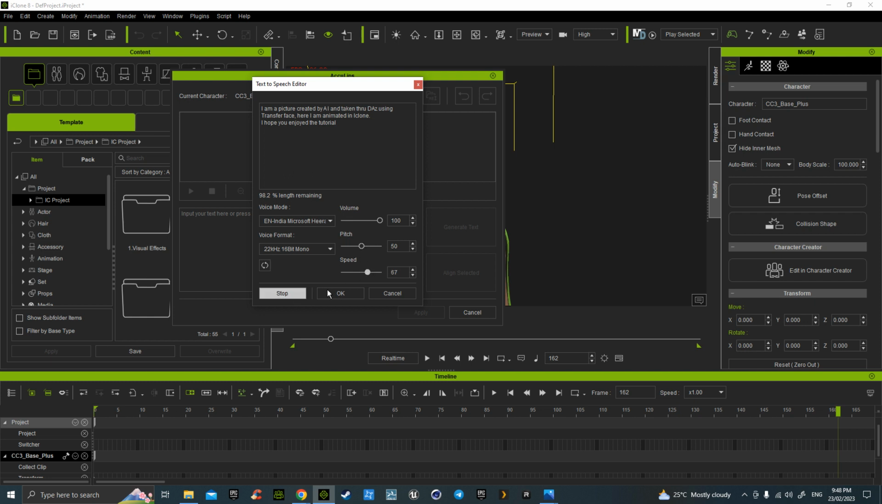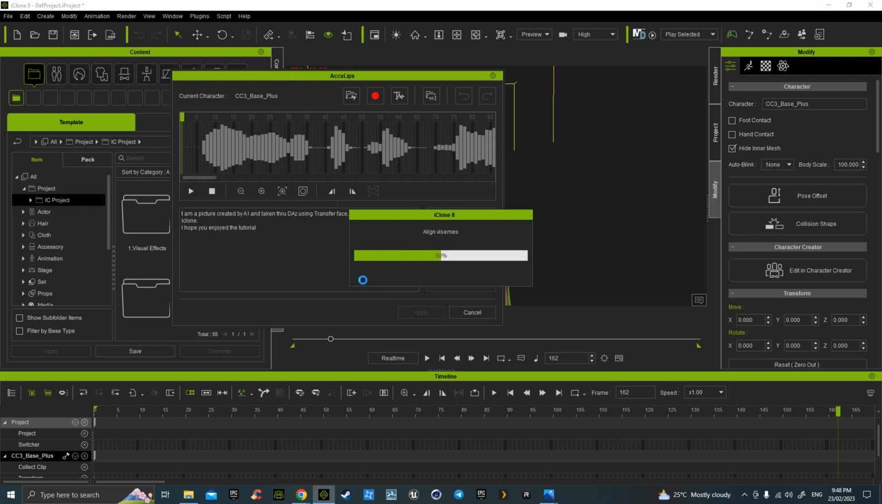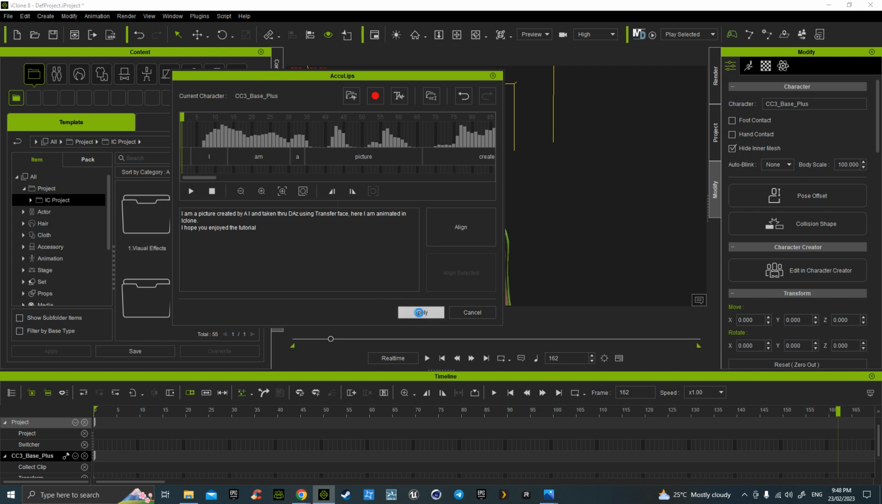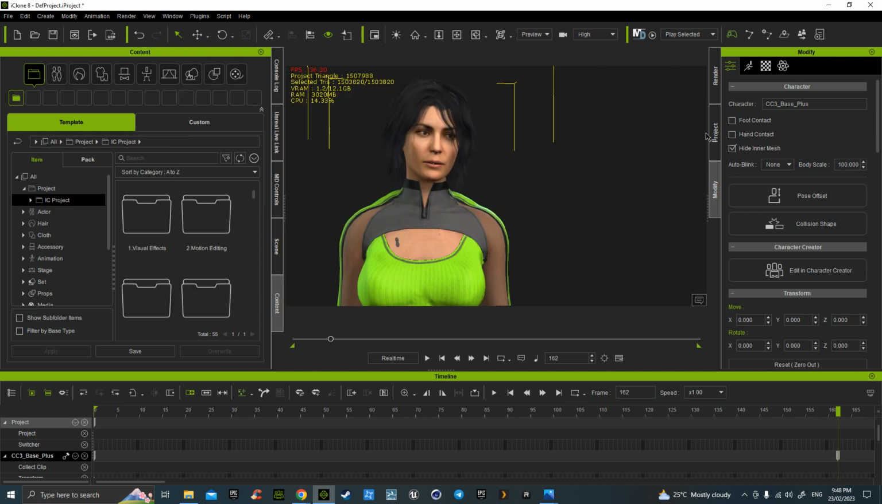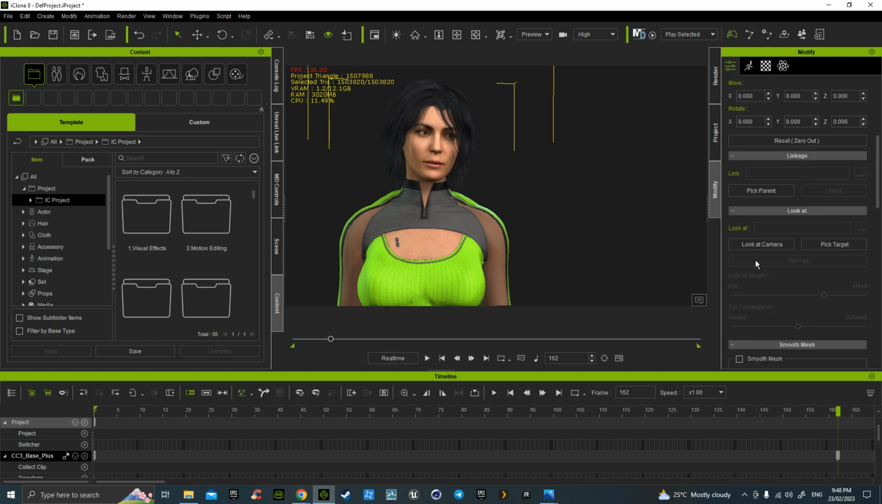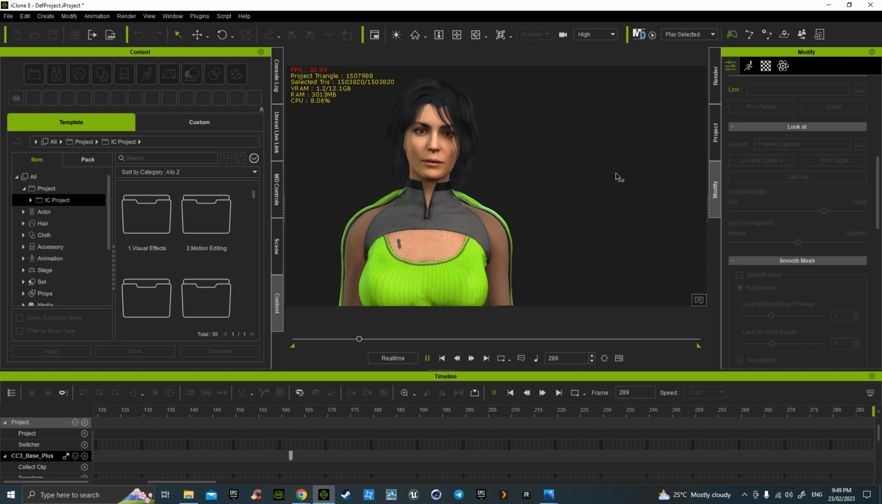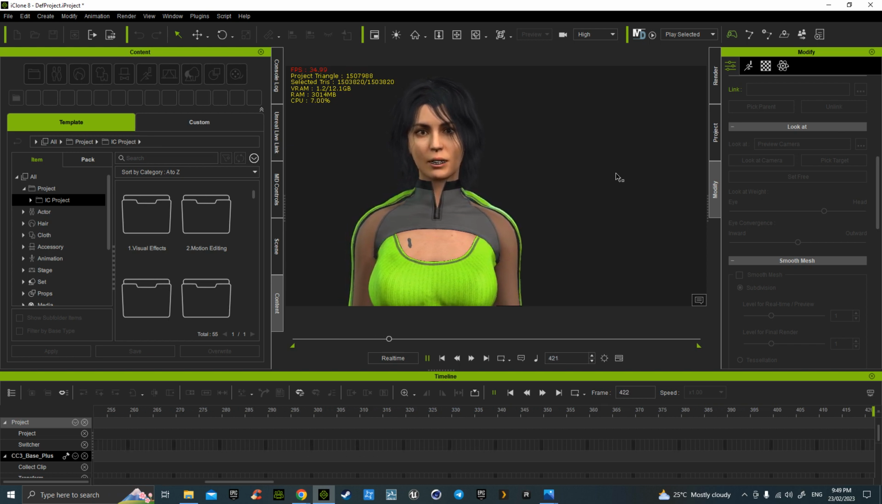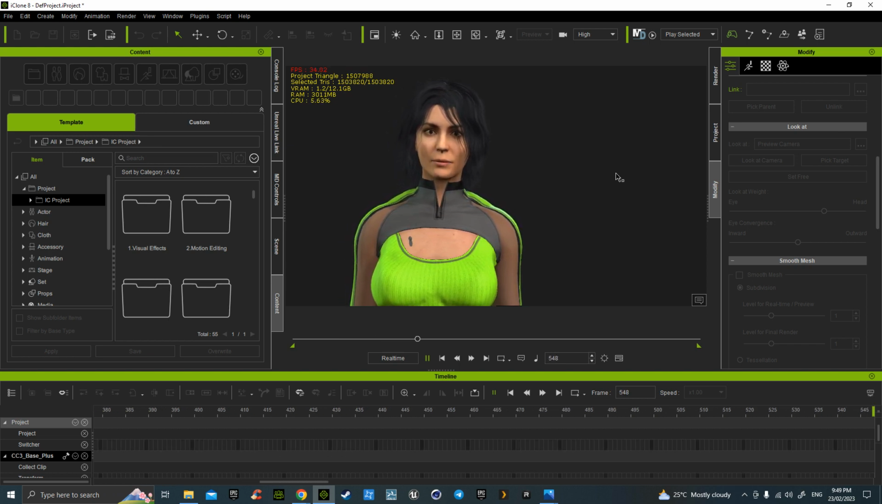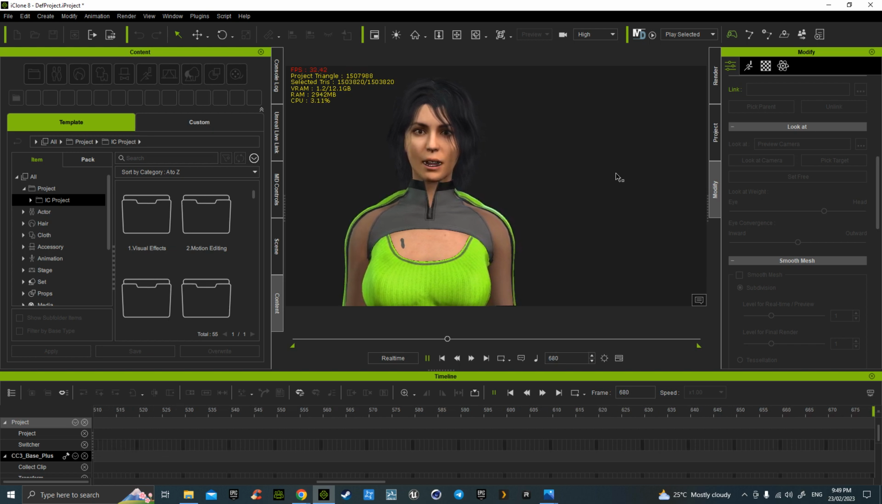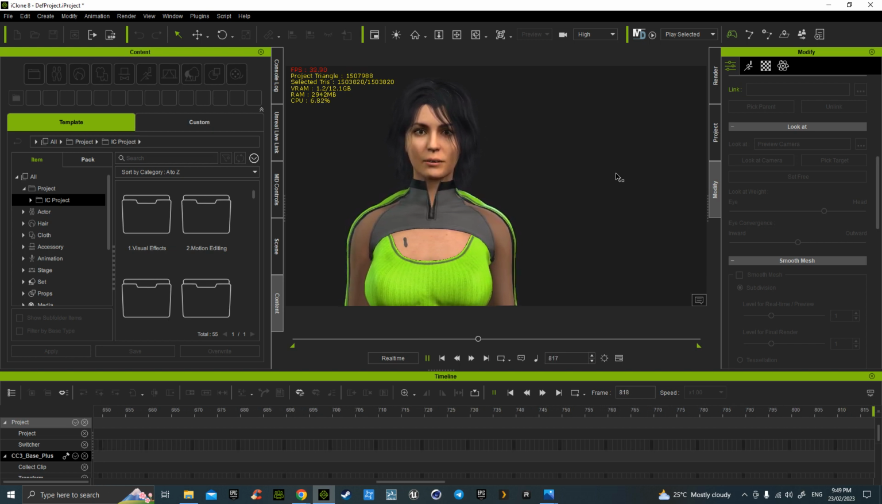I am a picture created by AI and taken. I am a picture created by AI. I am a picture created by AI and taken through DAZ using transfer face. Here I am animated in iclone. I hope you enjoyed the tutorial. You